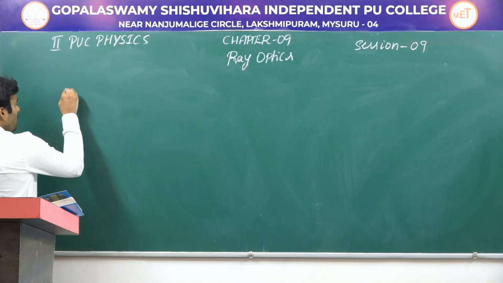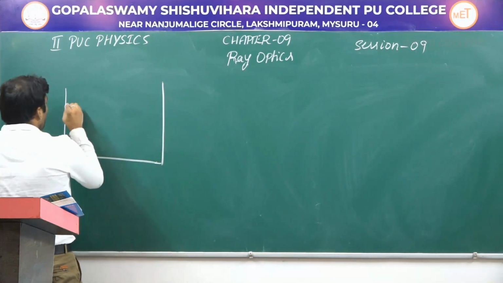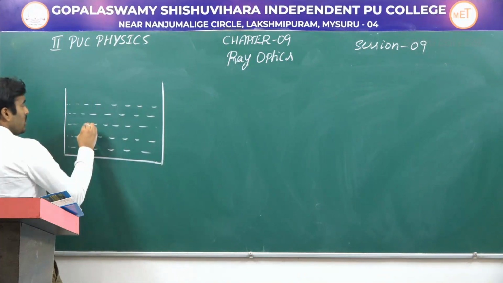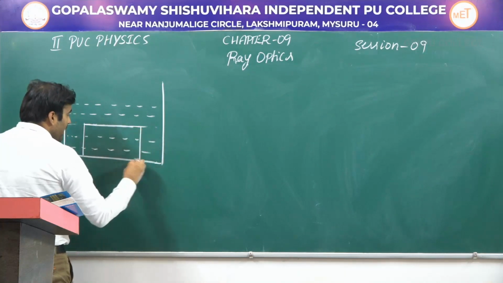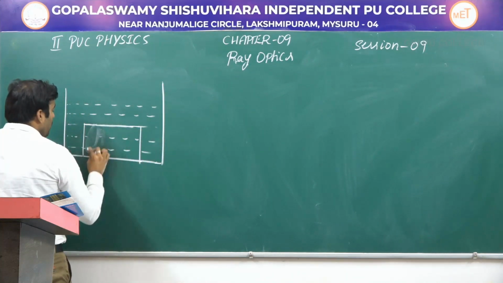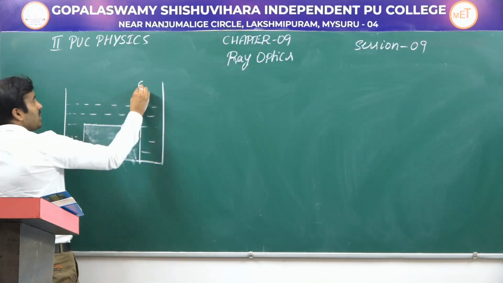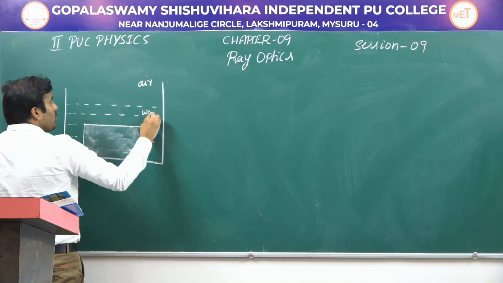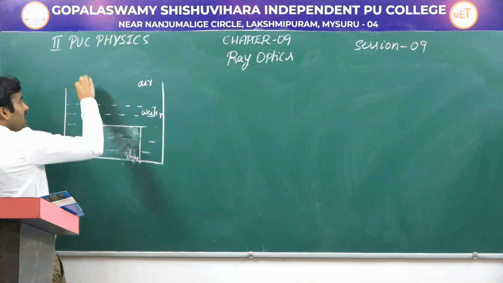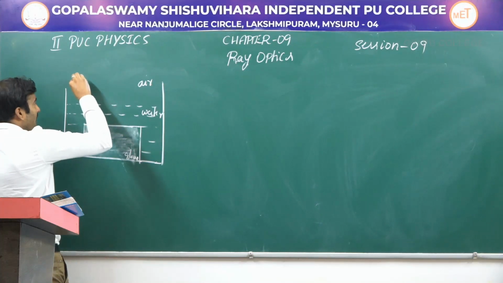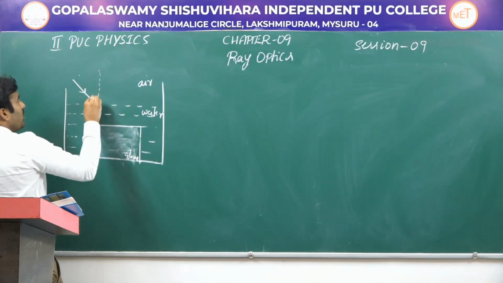Let's understand the problem. They are saying that we have a water container which is filled with the water, and at the bottom of this water container we have a rectangular glass slab. This is a rectangular glass slab. So here we have three mediums. This is air, this is water, and this one is glass. Initially, a ray of light is falling on the surface of water with an angle of incidence of I1